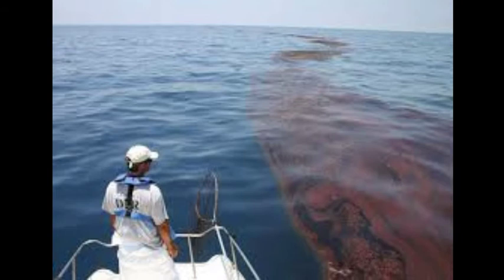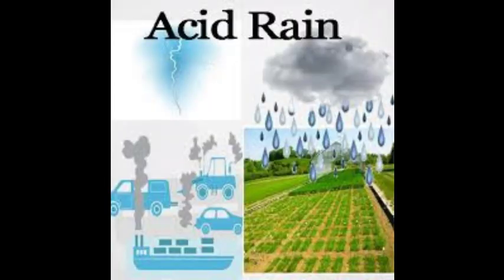Fourth, oil spill. Seawater gets polluted due to oil spilled from ships and tankers while traveling. The spilled oil does not dissolve in water and forms a thick sludge polluting the water. Fifth, acid rain. Acid rain is pollution of water caused by air pollution. When the acidic particles caused by air pollution in the atmosphere mix with water vapor, it results in acid rain.